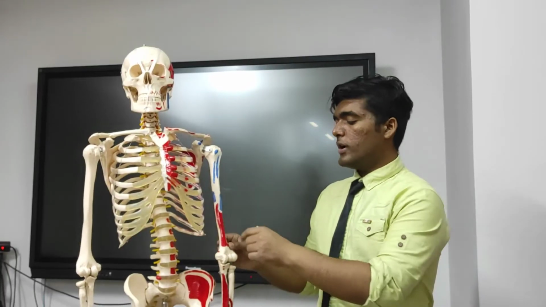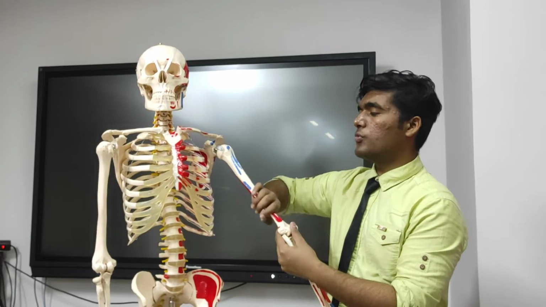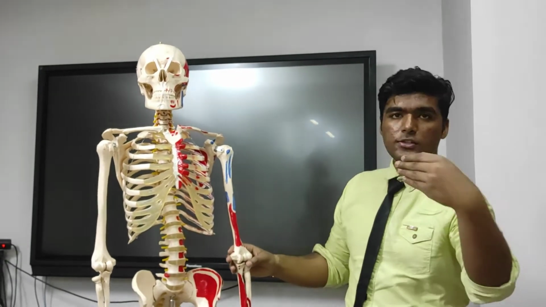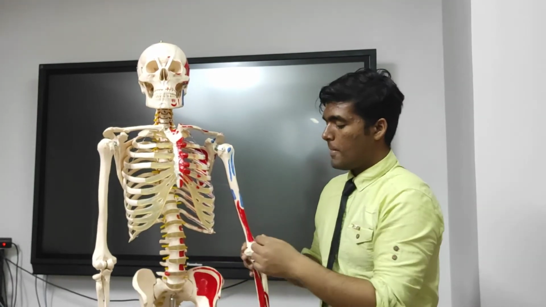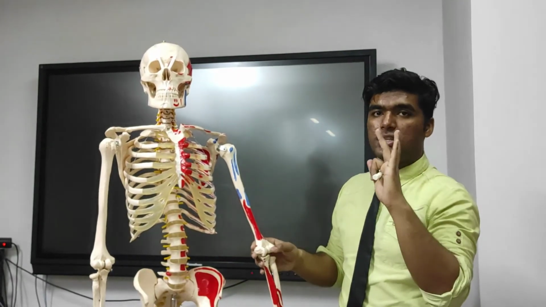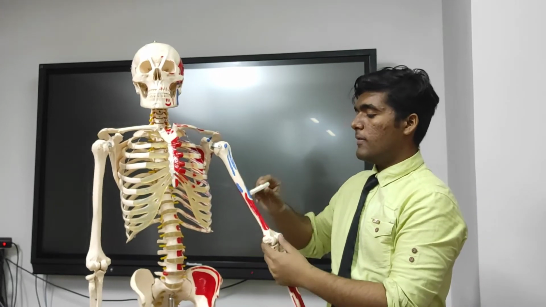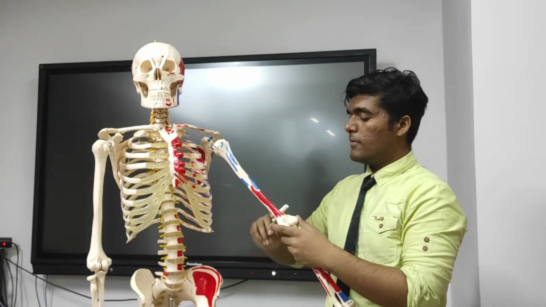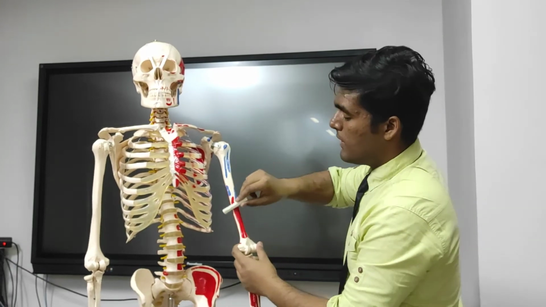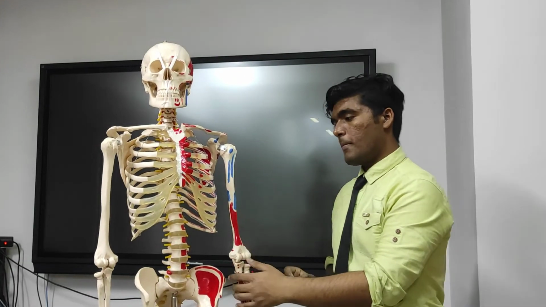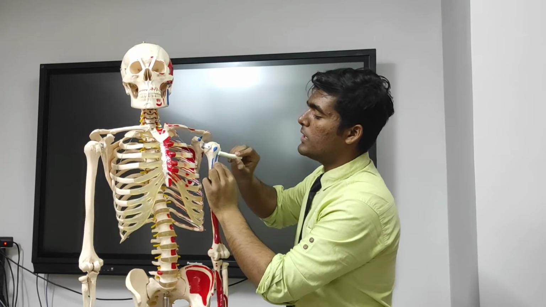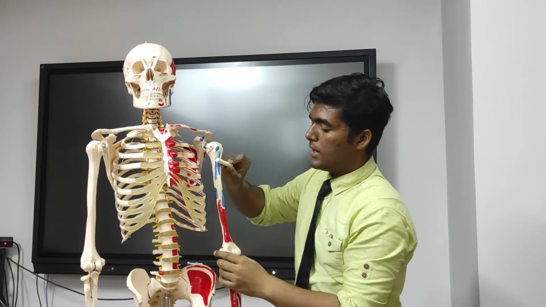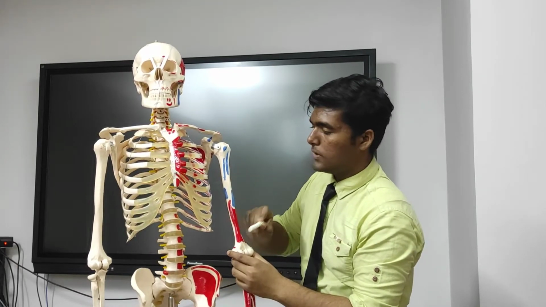Now we are going to discuss the body or shaft of humerus, as it's the longest bone in our upper limb. So we have 3 borders and 3 surfaces of humerus. We have the anterior surface, a lateral surface, and a medial surface of humerus. The anterior surface we can identify from the lesser tubercle and greater tubercle, just from the intertubercular sulcus.